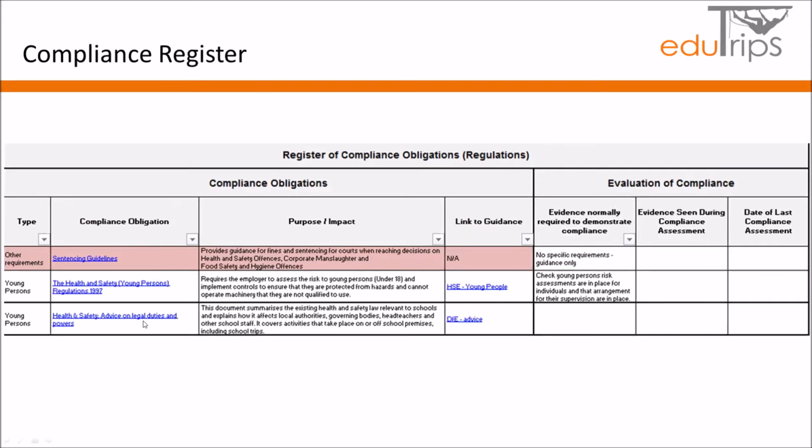And again, here are a few examples. And so obviously you can add to this list. I mean, one that isn't on here, which obviously is a common requirement, is a DBS. So, the Disclosure and Barring Service checks. So I'd recommend including a link to the national guidance on DBS here, because obviously that needs to be taken into consideration for the planning of trips and also exchange visits as well. So it's quite a useful tool to be able to review and update, monitor and measure compliance against that.